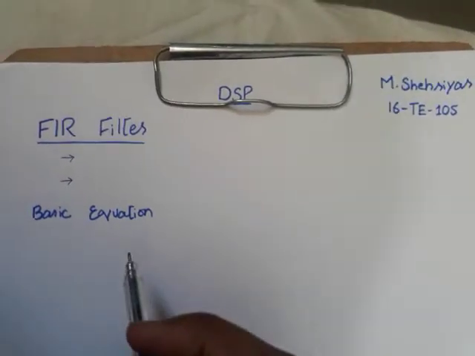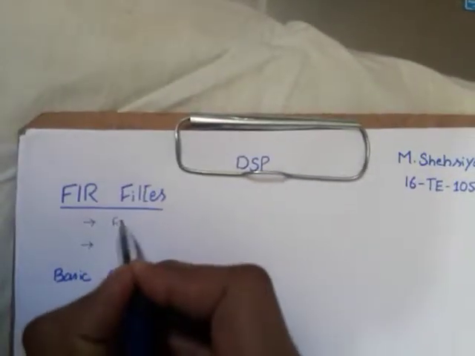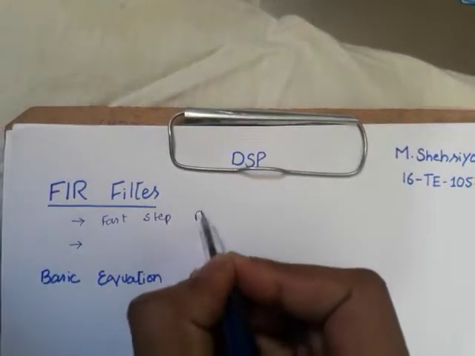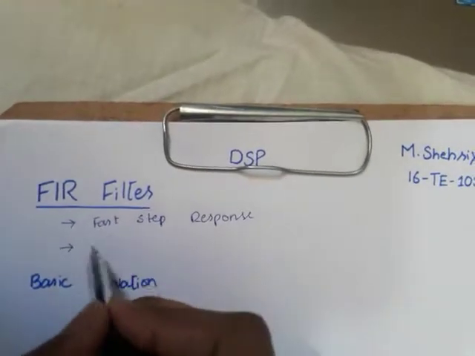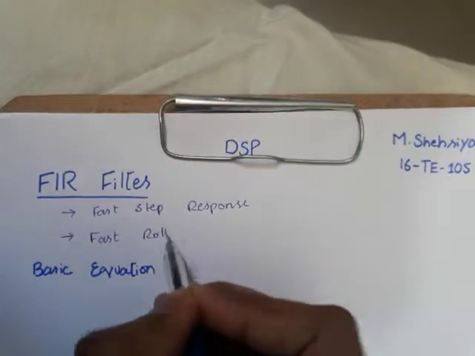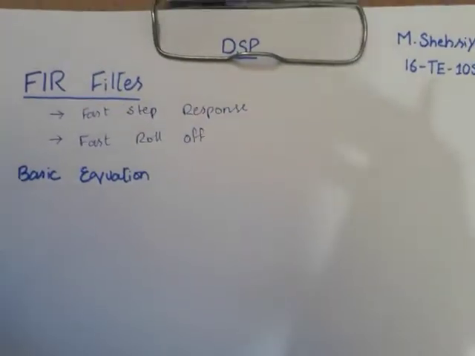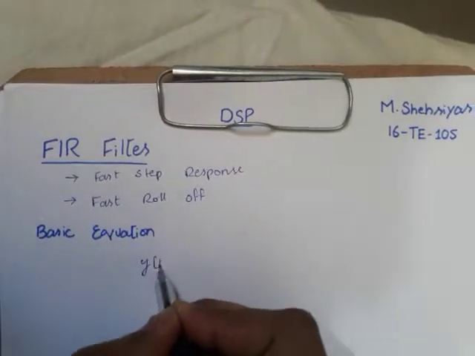In today's lecture we will study what the FIR filter, or finite impulse response filter, is. There are two basic things which we will discuss here. The first one is fast step response, and the second one is fast roll off. Now we will see the basic equation for the FIR filter, which is y of